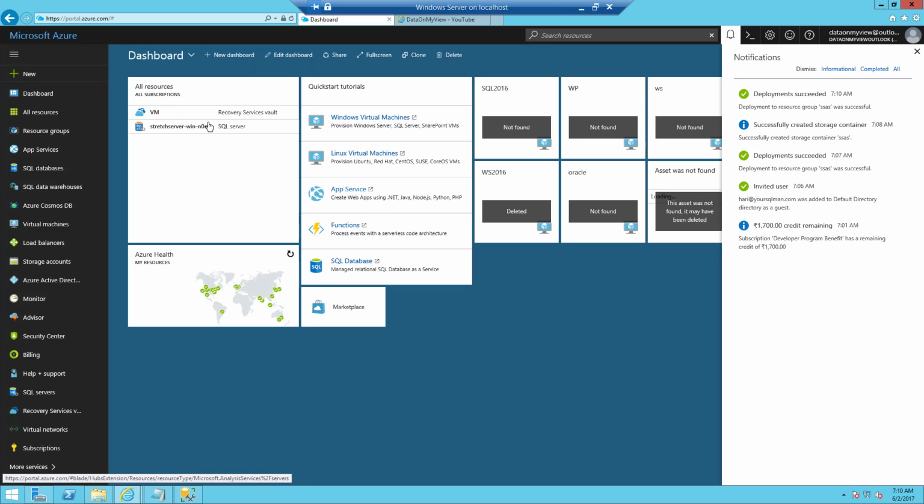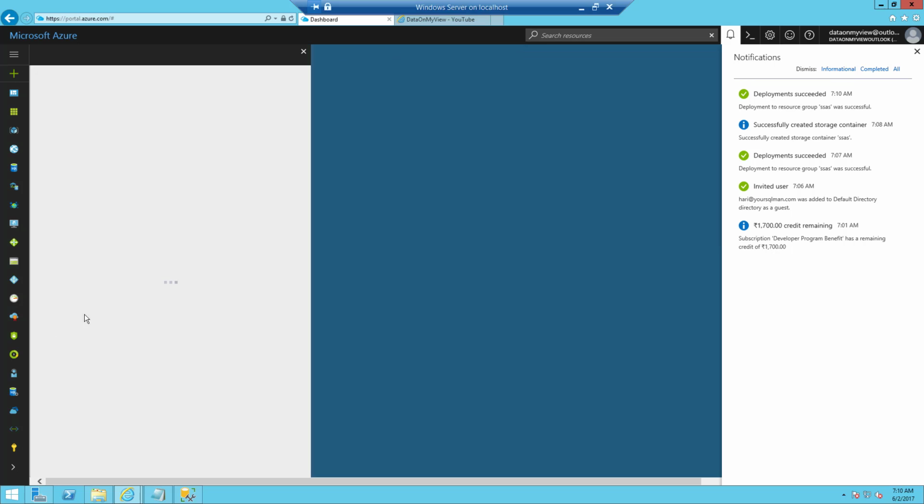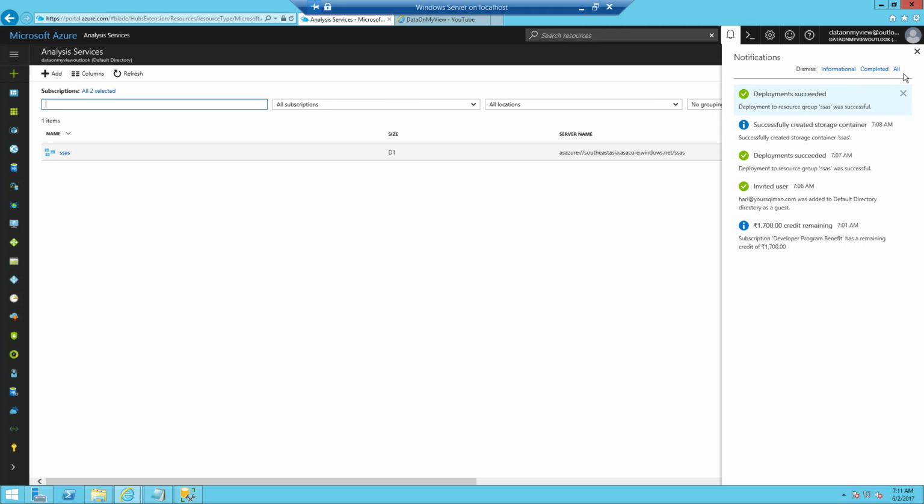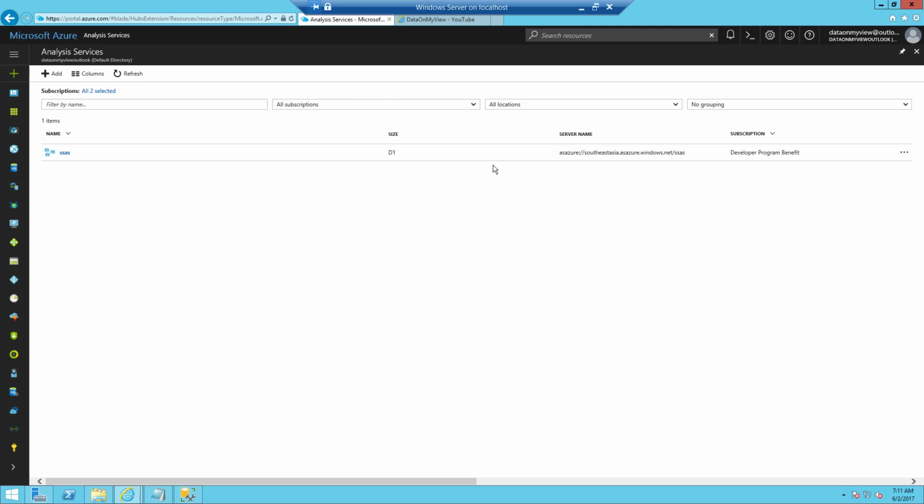Yeah, this is the one. You can see deployment succeeded, so we can see the service under analysis services, the one which I clicked. Here you can see we created SSAS. This is the server name. To connect to the server, we have to use this option.